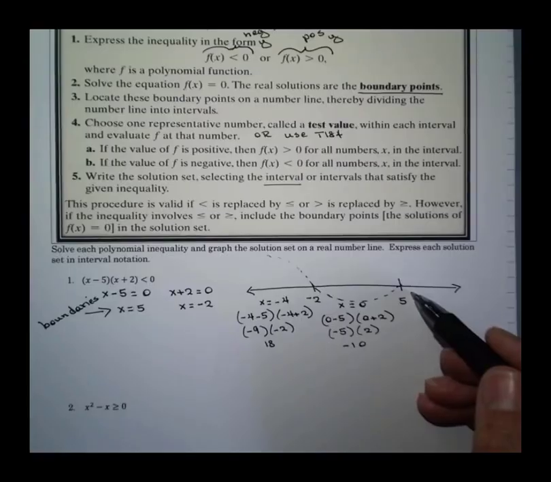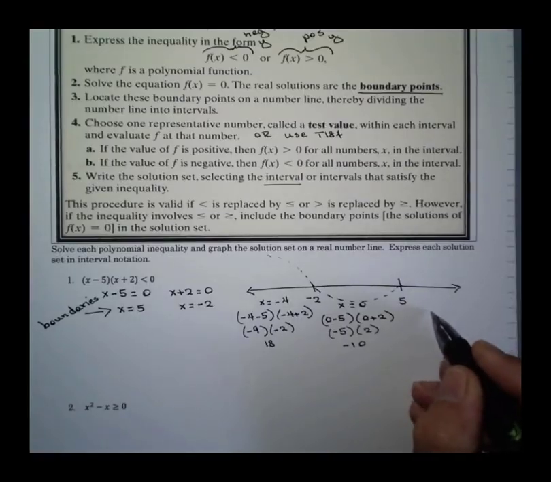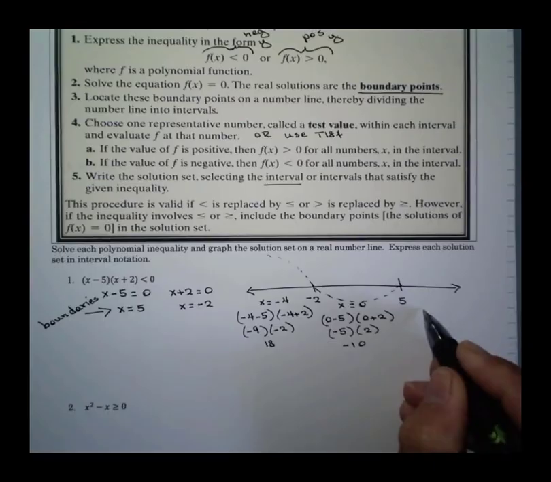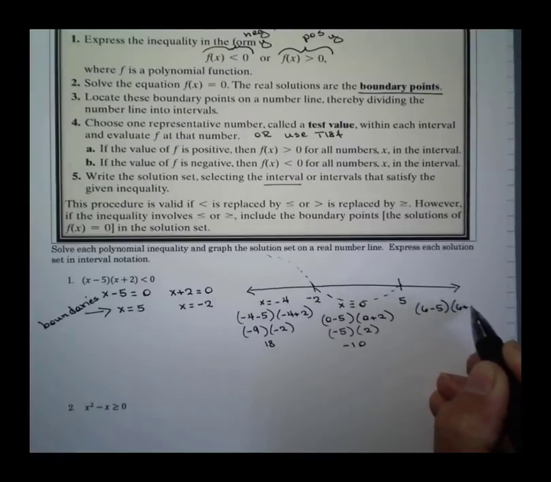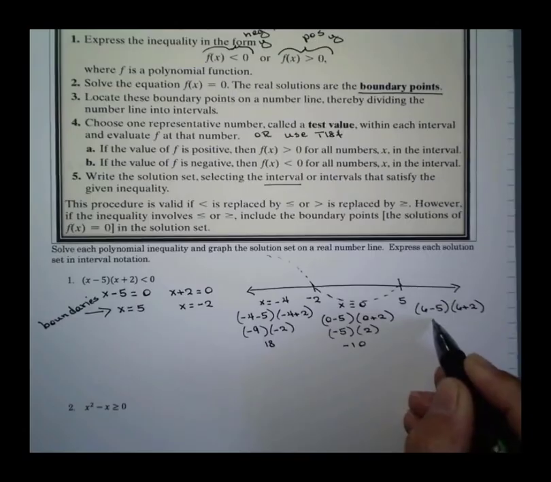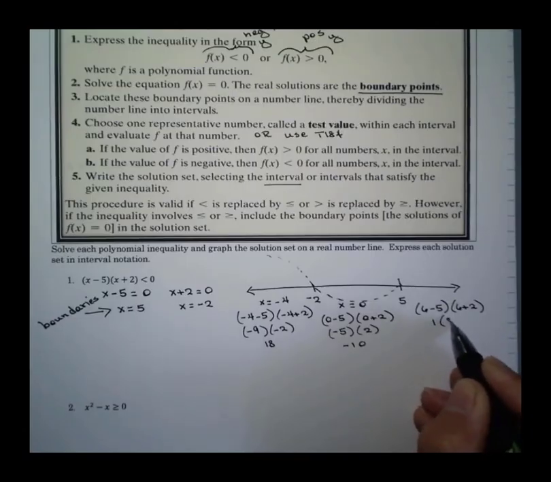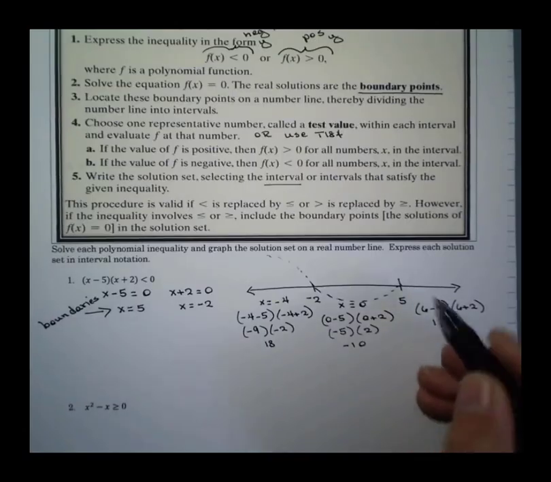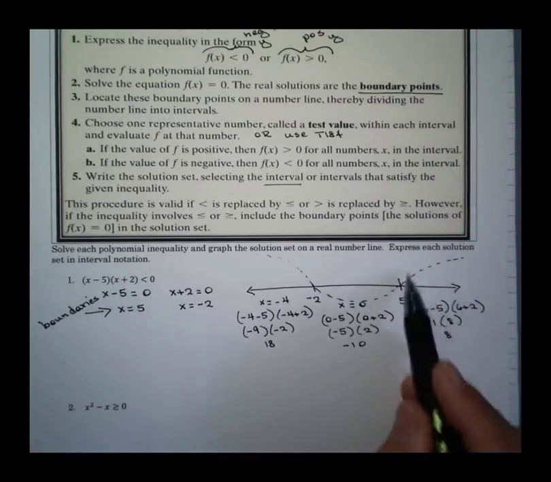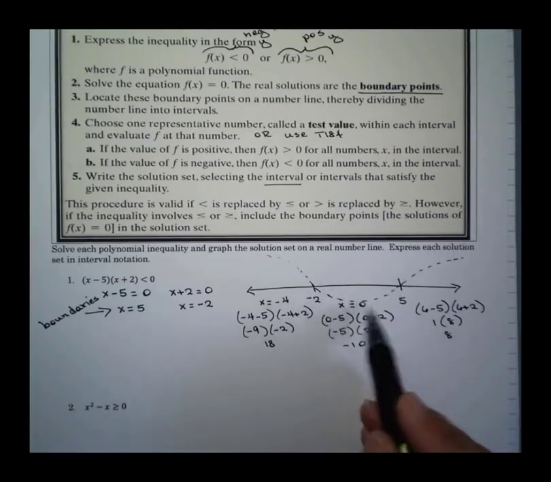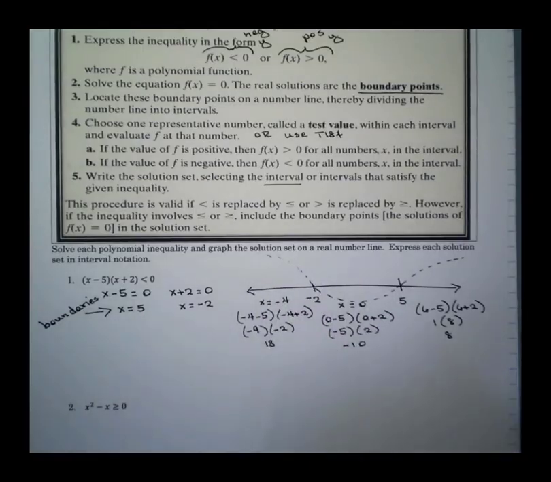Over on this side, what is it? Well, if I check for a number, it doesn't matter, I'll try bigger than 5. I can try 6. 6 minus 5 times 6 plus 2. Well, that gives me a 1 times 8, which is going to be 8, a positive value, bigger than 0. So now I have y's that are bigger than 0, y values less than 0, y values that are greater